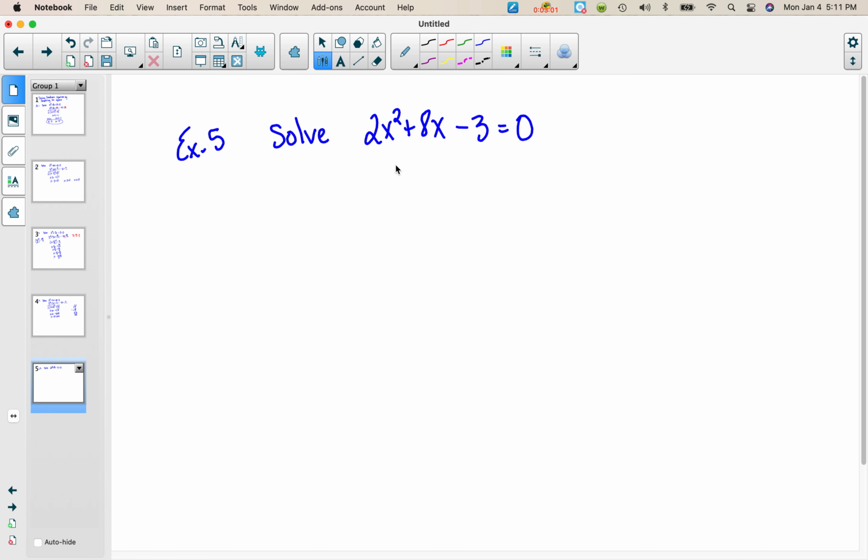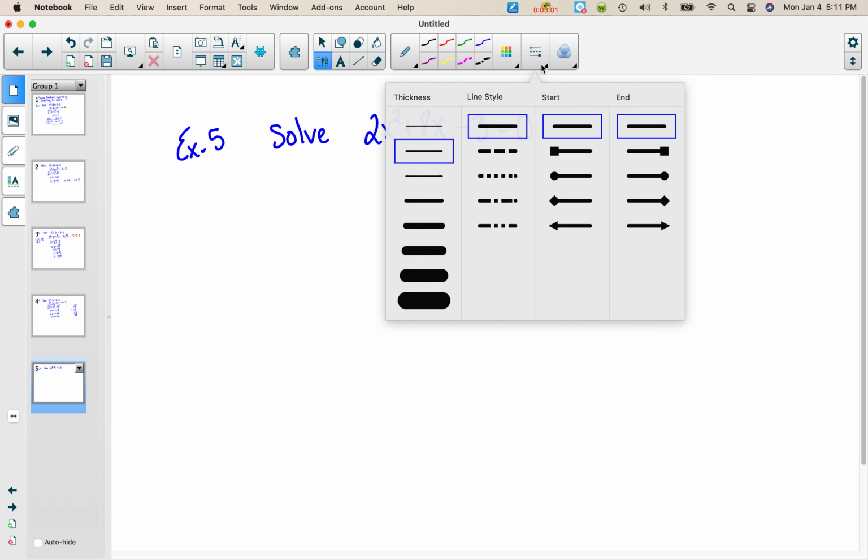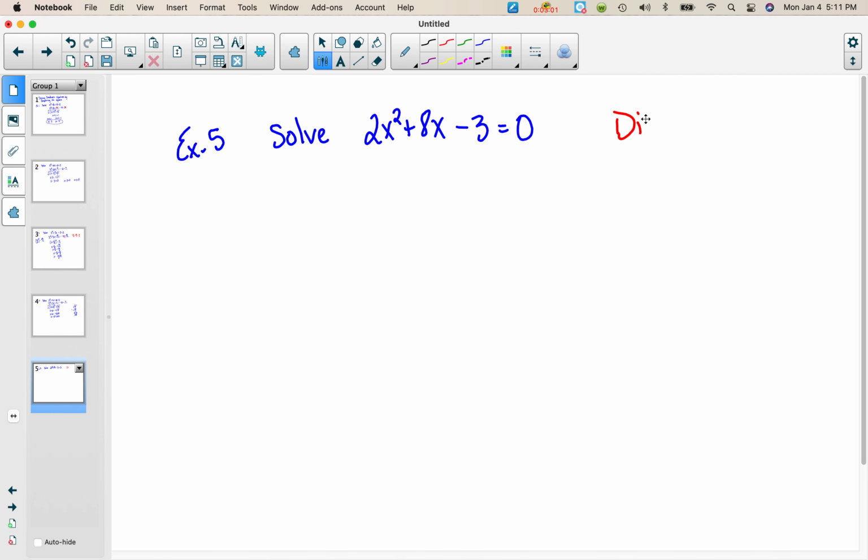Next problem. Notice the difference here. Every other problem I've done was just an x squared. Now I have a coefficient other than 1 in front of the x squared. That changes things. The first thing we're going to do is we have to divide everything by 2. So divide both sides